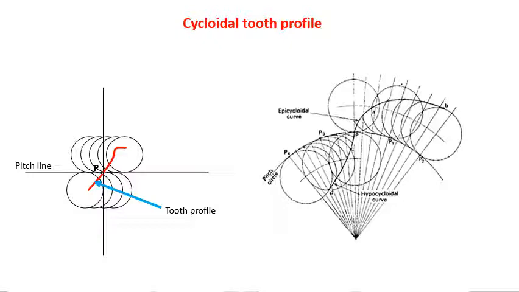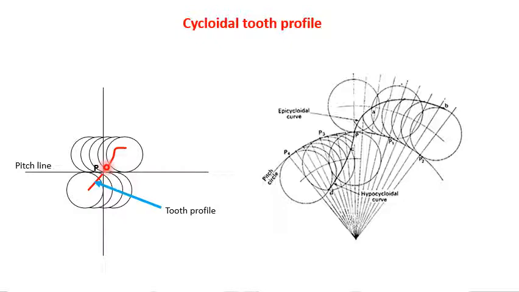So in case of the cycloidal tooth profile, we have two types of gears. One is the rack, which is nothing but teeth cut on a straight line, whereas another one is a gear, which has a circular pitch circle. Along the pitch circle we have the profile: one is the epicycloidal curve and another one is the hypocycloidal curve. Let us understand the straight teeth. Here you can see teeth cut on a rack. The first figure is called the rack tooth profile.